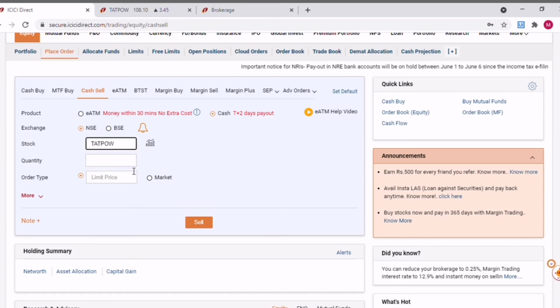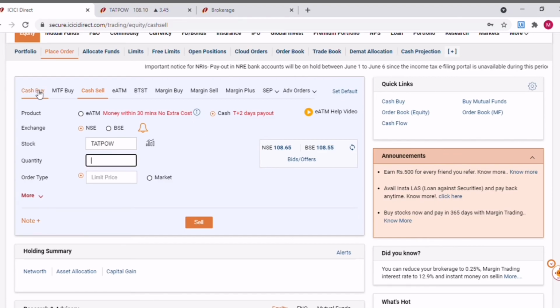Select that stock and enter how much quantity you want to sell. In the cash buy section, when we placed the order, we bought 75 quantities of Tata Power. Say you don't want to sell the entire quantity, you want to sell only 25. Then just say 25, sell it at market price, and click sell.